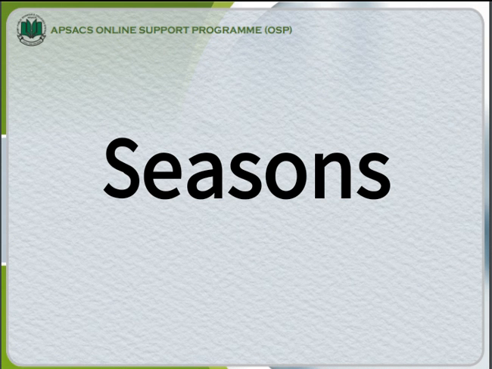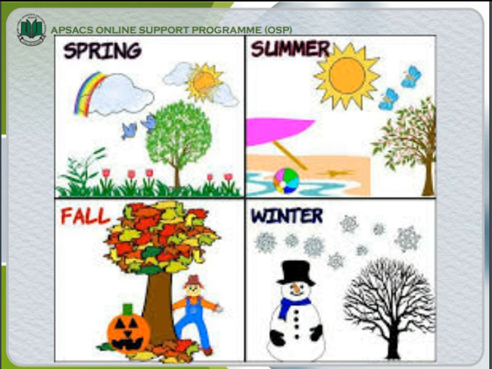Now we will discuss about the seasons. Okay, we have 4 seasons. The first spring, summer, fall or we can say autumn and winter. In the spring the new flowers blossom. In the summer days are very hot and there is a burning sun. In the fall the yellow leaves fall from the trees and the new leaves grow. In the winter it is very cold.